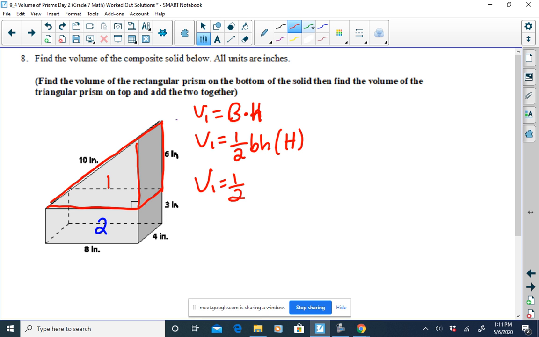Well, what are the base and the height of the triangle? That's where we find the right angle symbol of our triangle. It's going to be this segment here, which is 8, and then the height here, which is 6. So that's 1/2 of 8 times 6, and then we need the height of the prism as it sits on